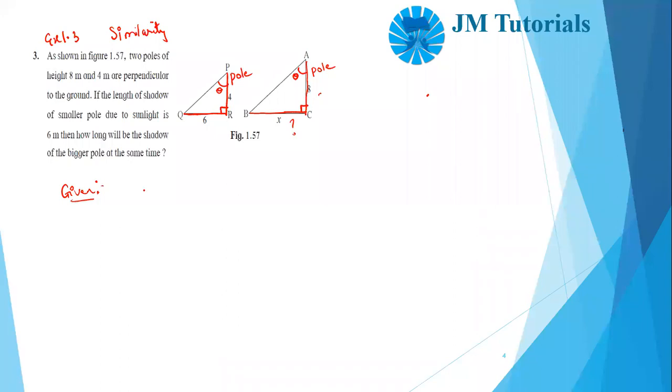So first, let's start. In triangle PQR and triangle ABC, first look at this angle. What is this angle? R. Yesterday when I was telling you, I just named it R so that you don't get confused. But ideally you have to name the entire angle. So what is the full name of R? Either you say PRQ or you say QRP. So I'll say PRQ. You can also say R because they are different diagrams.